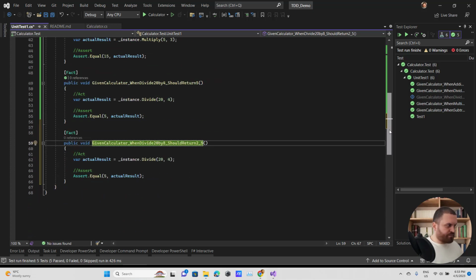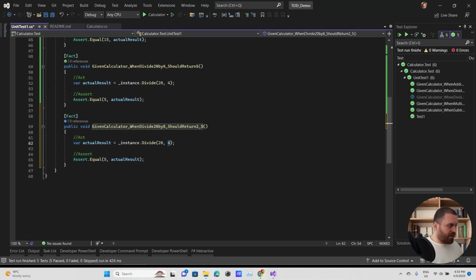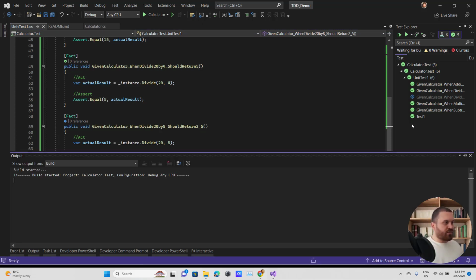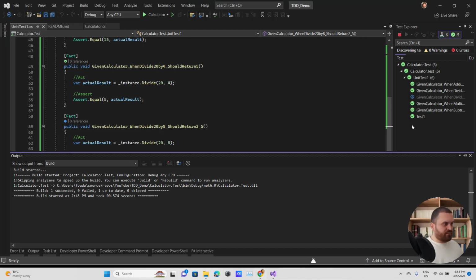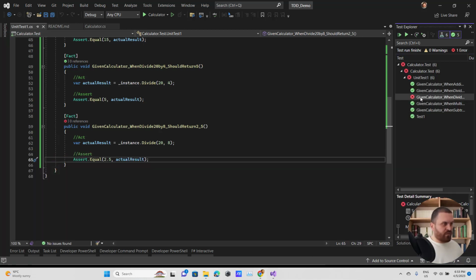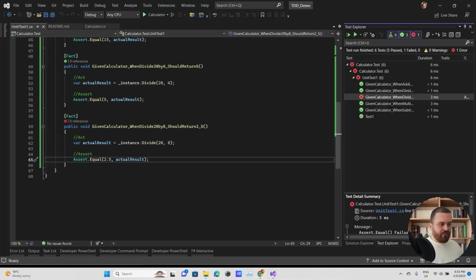Okay, and let's change it to 8, and let's change this one to 2.5. And let's run the test. Okay, it is failing. Why is it failing? Because it is saying that it expected 2.5, but the actual is 2.